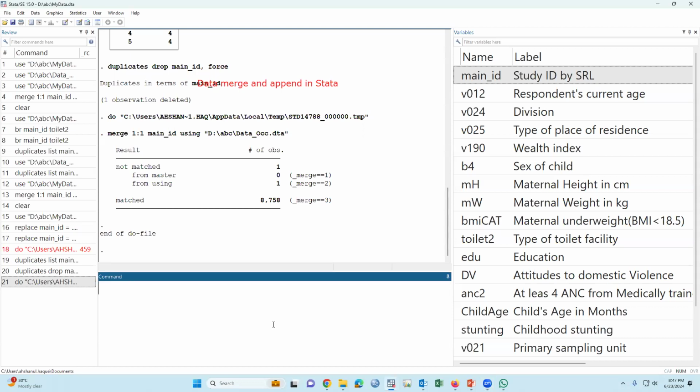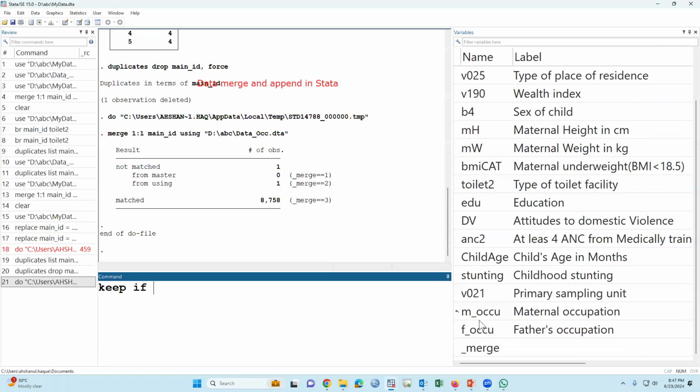So now we can just type if merge double equal to. We know that after if we have to use two equals. All types of procedure will be described in the next presentation, where I will discuss some logical operators. So keep if merge is equal to 3.